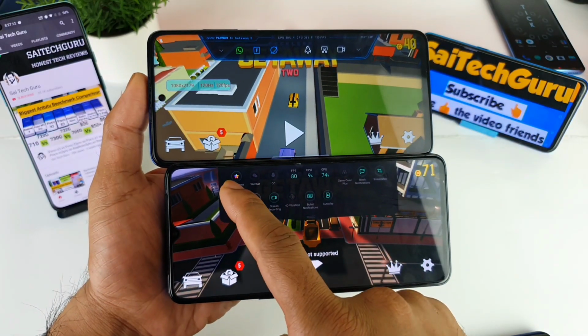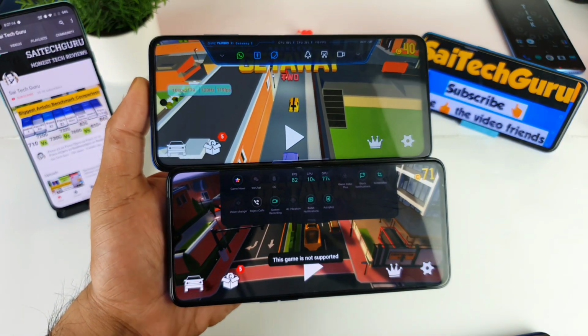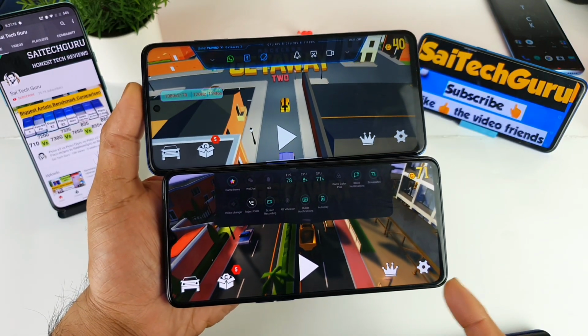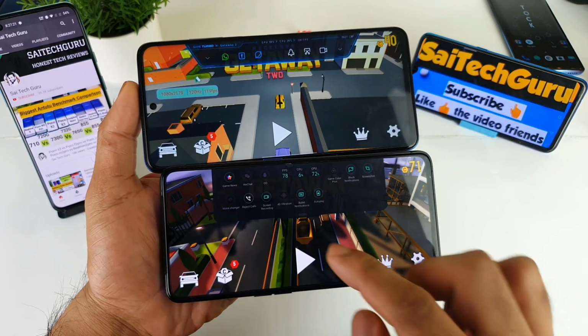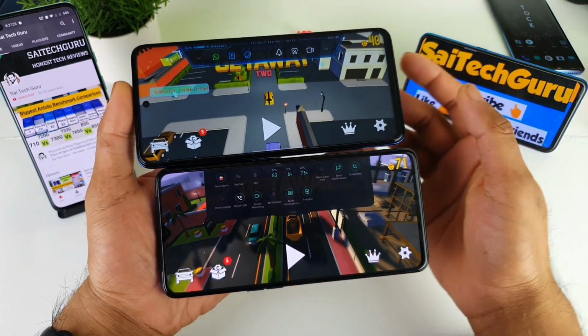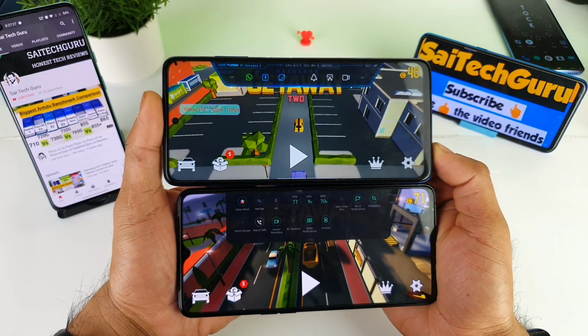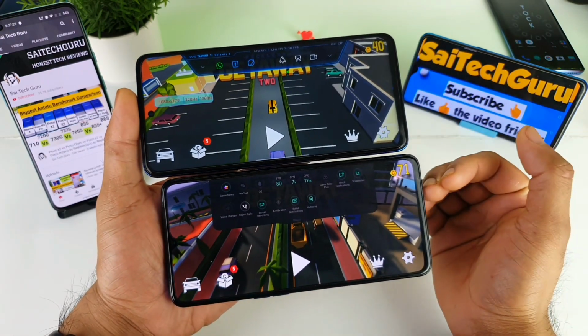And there's a voice changer application, but this game is not supported, and I did not even get any game which actually supports the voice changer in the Realme X2 Pro. 4D vibrations and the voice changer, which have been present for 1 year in the Realme X2 Pro, and till now I did not get any applications which support them. So that's another drawback here.